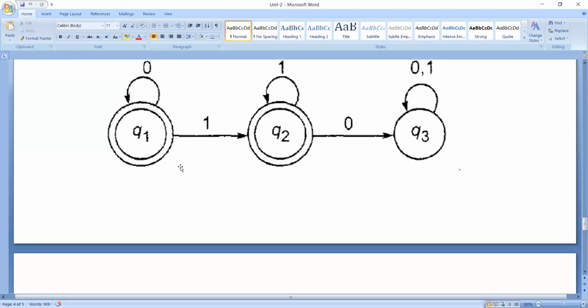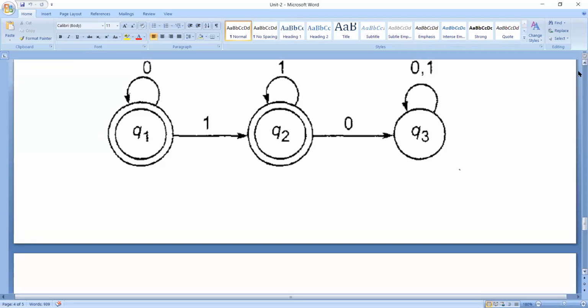Now for this given DFA, we try to convert it into the regular expression using Arden's theorem, and after that we will be discussing the state elimination method. That is also one more method used for converting a given deterministic finite automaton to a regular expression. Now this is one more DFA, and for this DFA we have to find the regular expression.